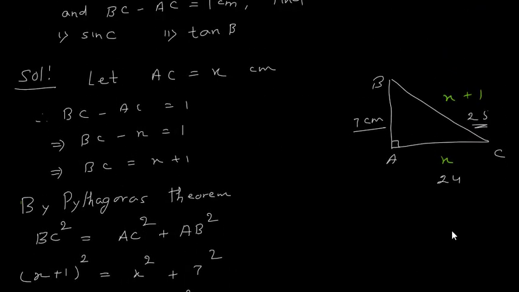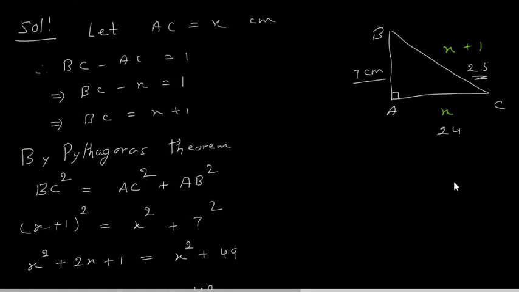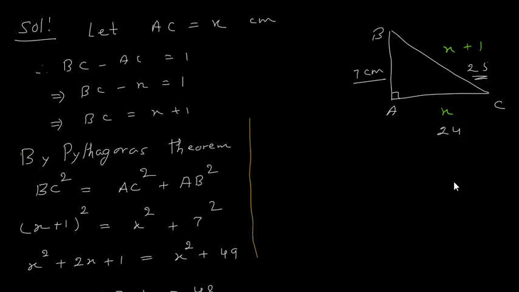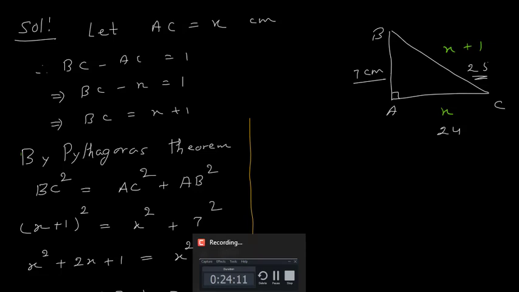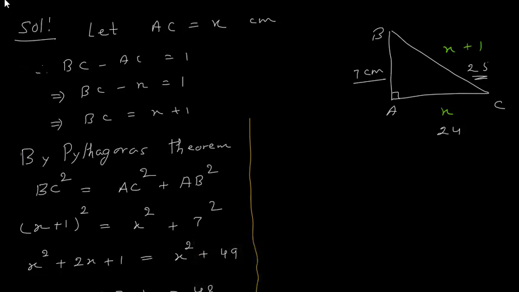Now I can find the value of sin C easily. So let us put one partition here and solve the values here. First we are going to find the value of sin C. Sin C is opposite, which is AB, upon hypotenuse, which is BC. So the value of AB is 7 and the value of BC is 25. So sin C is 7 upon 25.